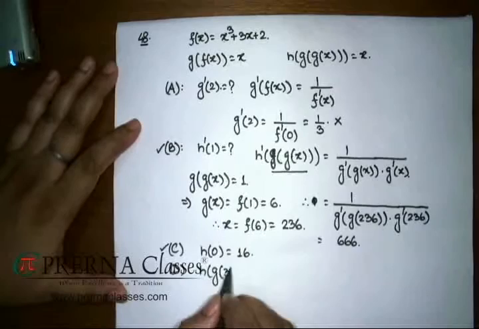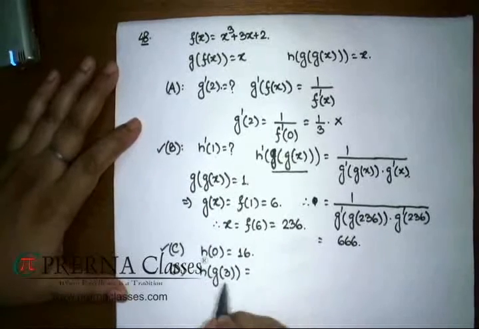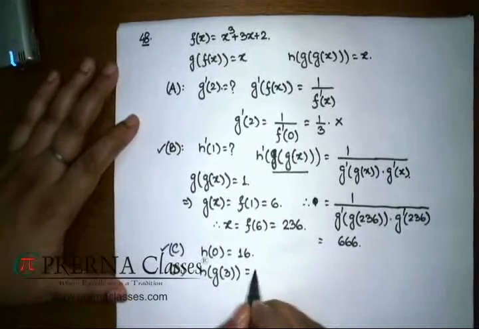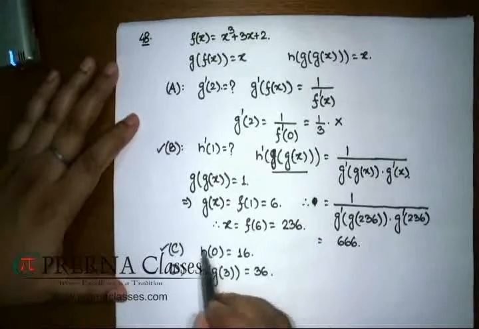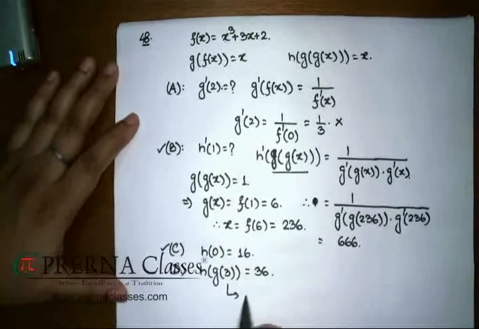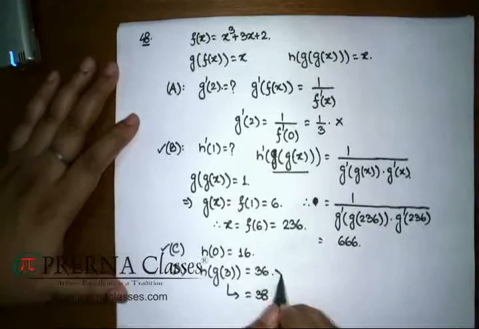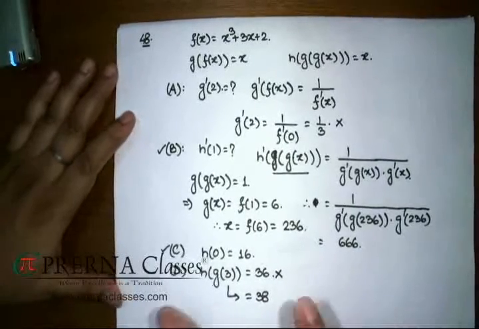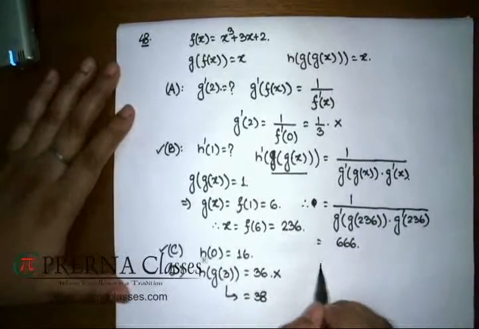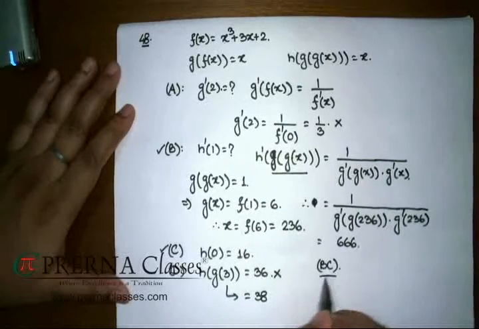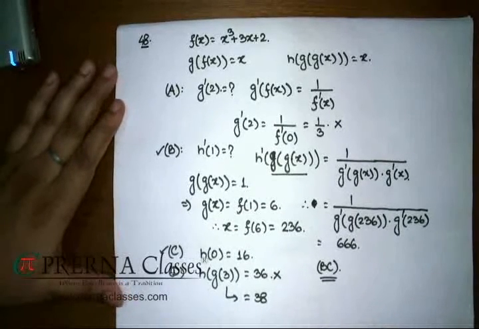And for option D, this is again somewhat similar. We have to make sure h of g of 3 is 36 or not. The way we have dealt with earlier, you will find that this value is going to be 38, not 36. So this is again not a correct option. Correct answers for this problem are then B and C.